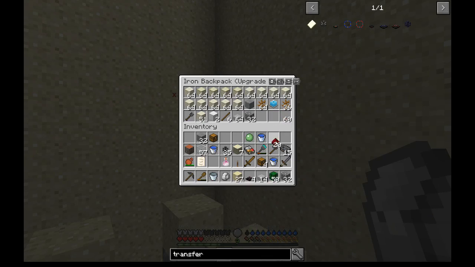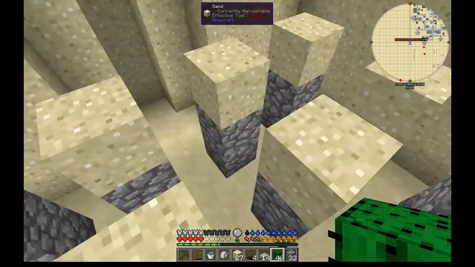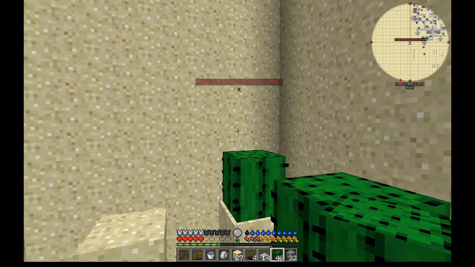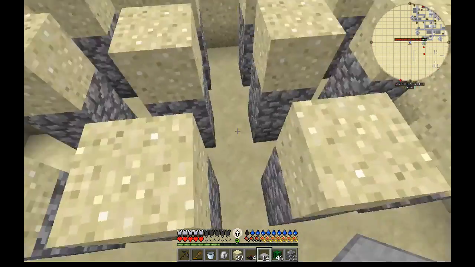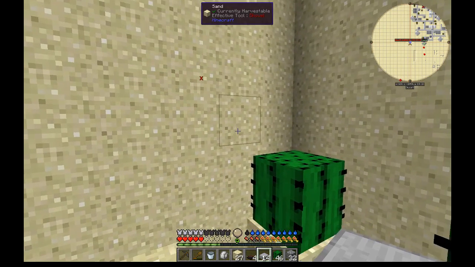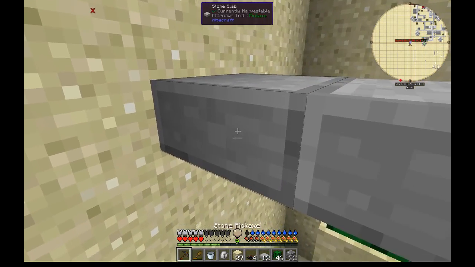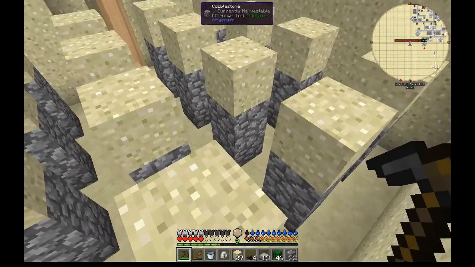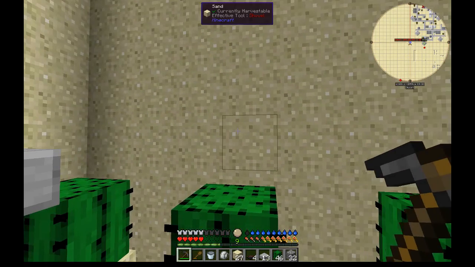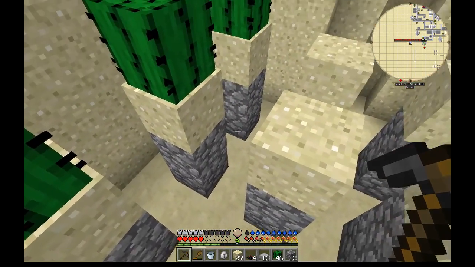Let's get our cactus. And boom, boom, boom, boom. Now, you wonder, how's that going to drop? Well, there are numerous ways to do this, but this is how I like to do it. Since cactus cannot grow next to things, it'll grow and break off. Grow and break off. And when it falls, it'll hit the water that's going to go down here and drain